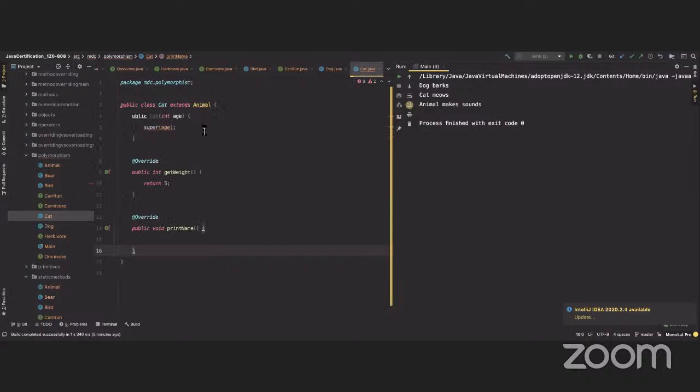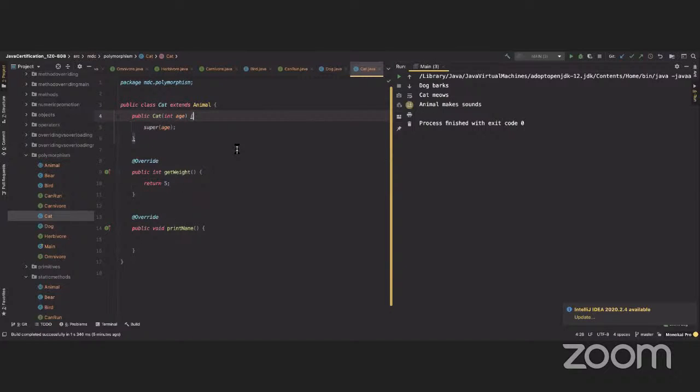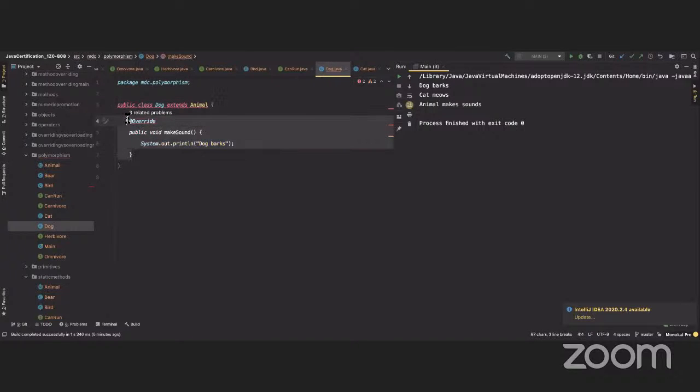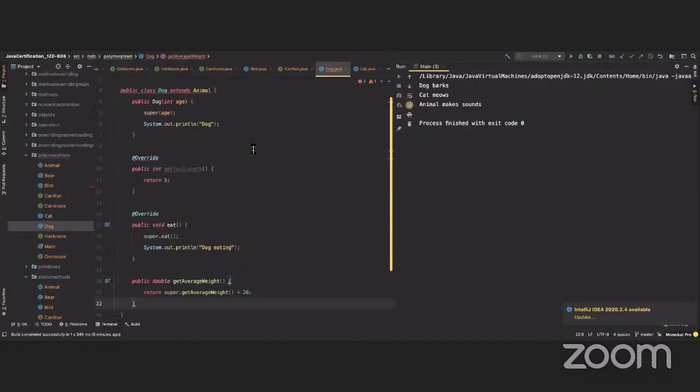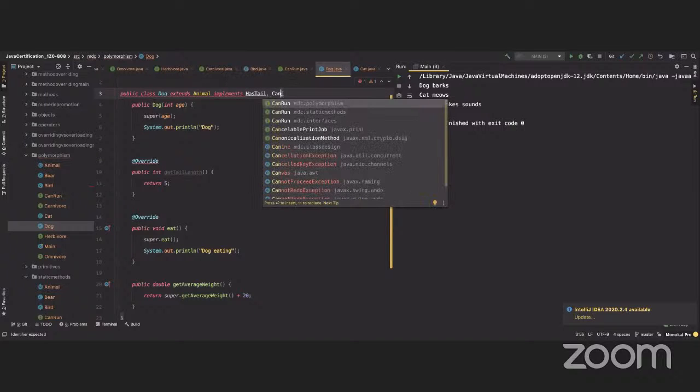And then have these guys here. Okay, perfect. Okay, that's the cat class. The dog class is going to have the same guys as before. So I'm going to open the dog class here. I'm going to delete this guy and copy these guys from before. But this guy extends animal and implements HasTail and Can Run. Okay,